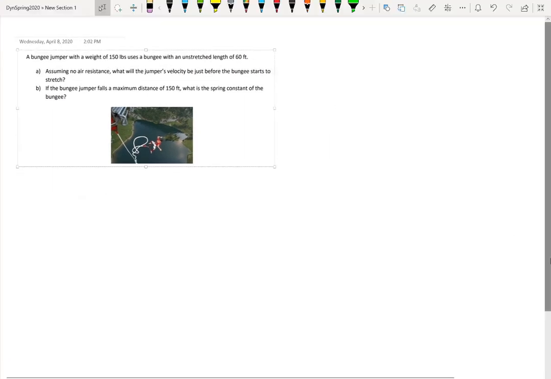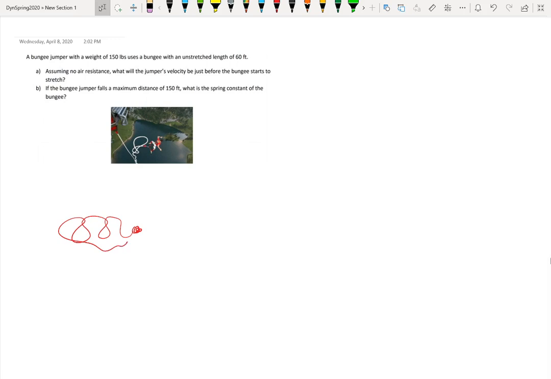So again, what we have here is the guy sitting up here with a bunch of bungee cord tied right here. He leaps off. He weighs that. It goes 60 feet. Assuming no air resistance, what's the jump velocity? The jumper's velocity just before the bungee starts to stretch. So that means it's just about to stretch at 60